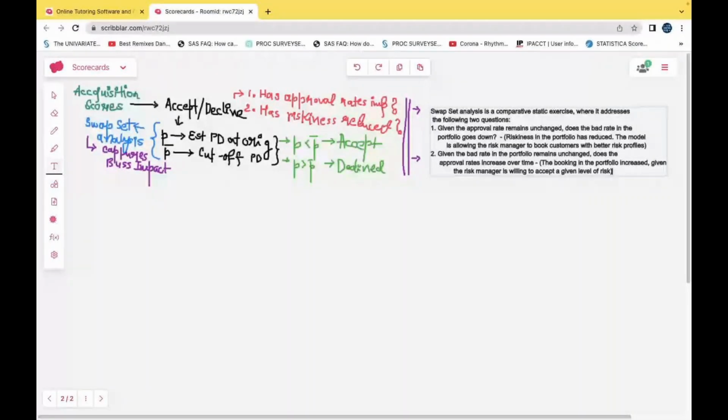Right? So these are the two most important. This is the first set of impact analysis that we generally do,